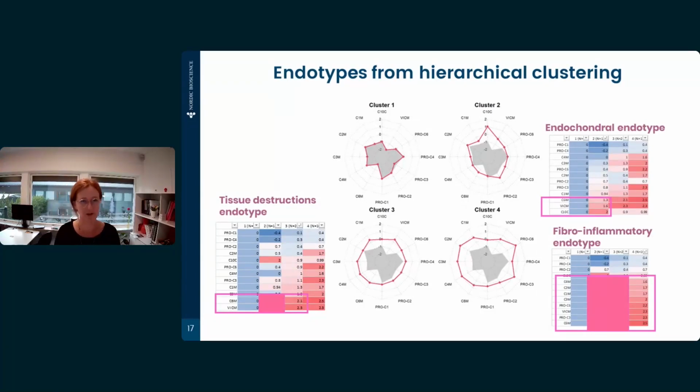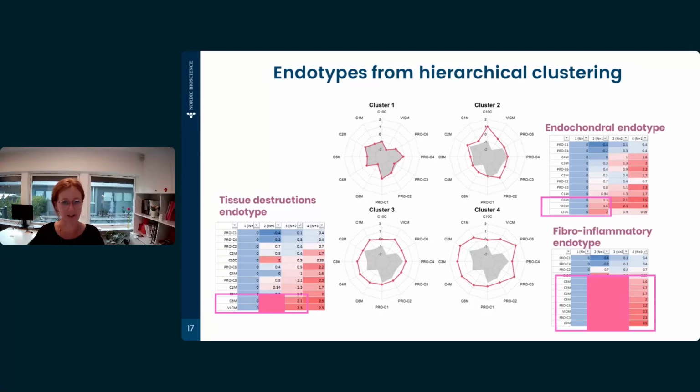So the next thing we did was to do hierarchical clustering, and what we see here is that when we do that, we decided to end up with 4 different clusters. And the first cluster here, the gray inside here, that's the healthy controls, and the red around here, that's the patients that fall into cluster 1 that resembles the healthy controls. And then in cluster 2 here, if we look at the list over here, what we can see is that the